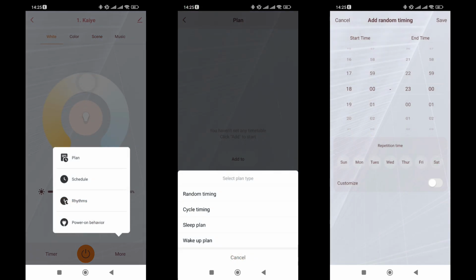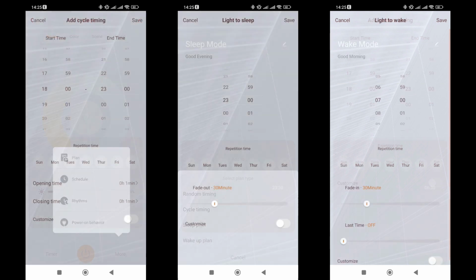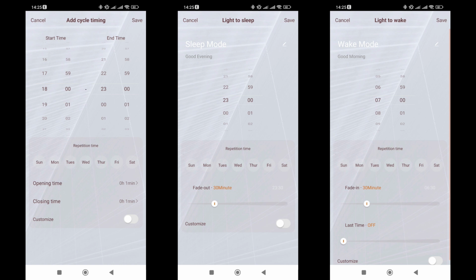To the right is the additional settings menu, which contains 4 items. The first is scheduling, which in turn offers 4 options. Random light activation within a specified time interval to simulate presence in the house. The cyclical mode also works within a set interval, but here you can specify how long the bulb will be